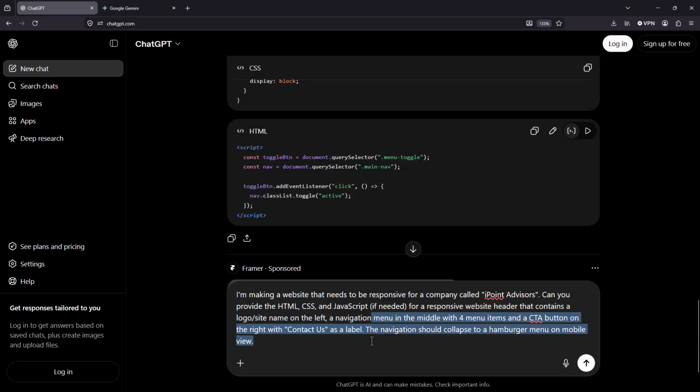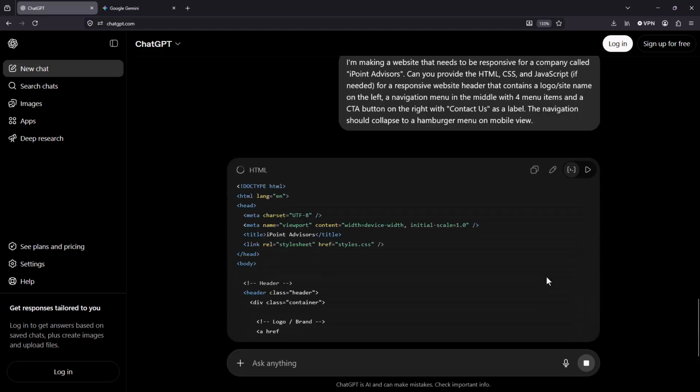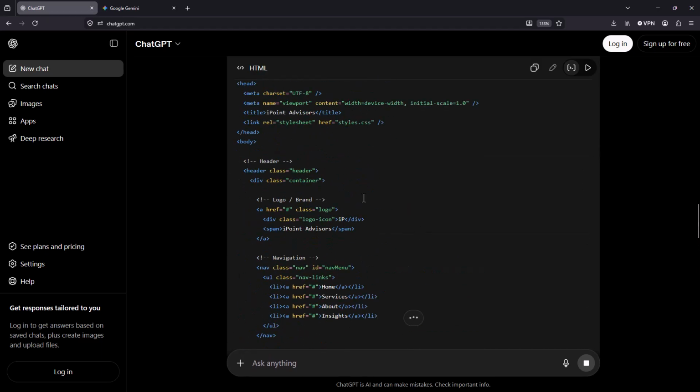The navigation should collapse to a hamburger menu on mobile view. So I'm getting a little bit more specific with my prompt. Let's see how it does with that. And it's pretty fast to generate, which is nice. And so we can see some of the different pieces. It has kind of a similar